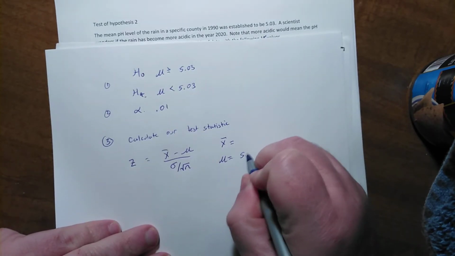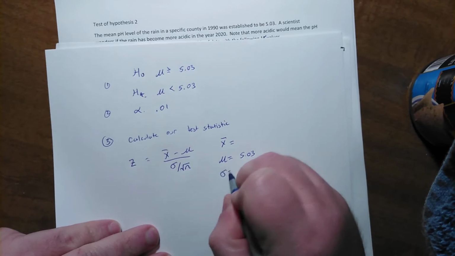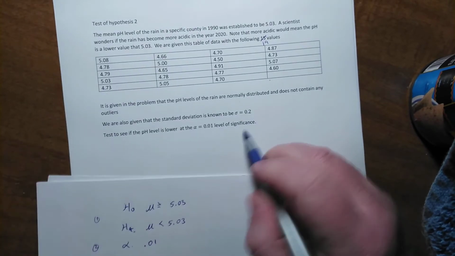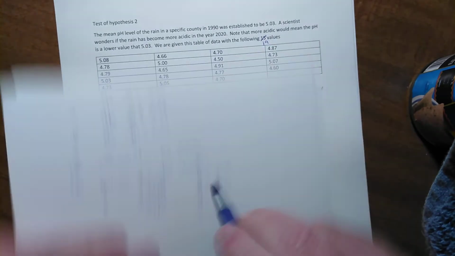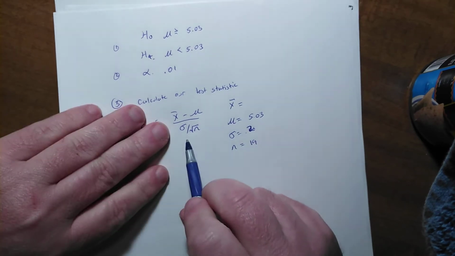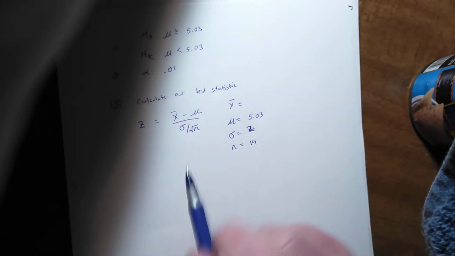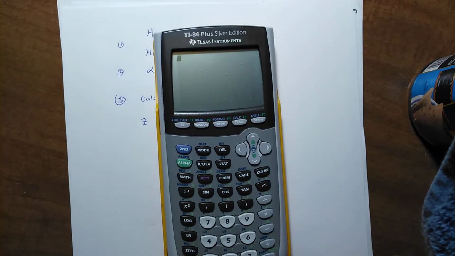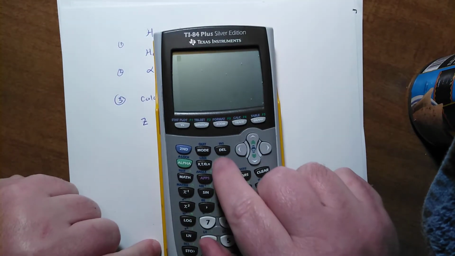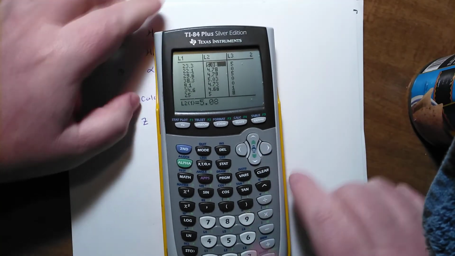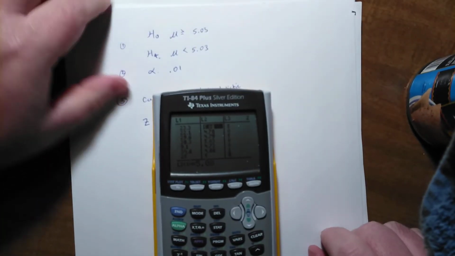Mu is equal to 5.03. Standard deviation was 0.2. And we have 19 values here. Okay, so I have almost everything I need here except for this x bar. And in the interest of time, what I did for us was I put this in the stat, edit. And if you look in list 2, 5.08,